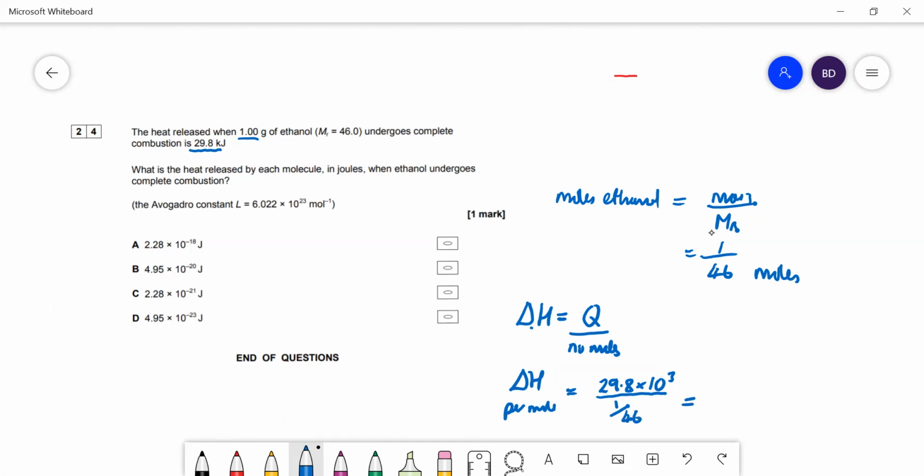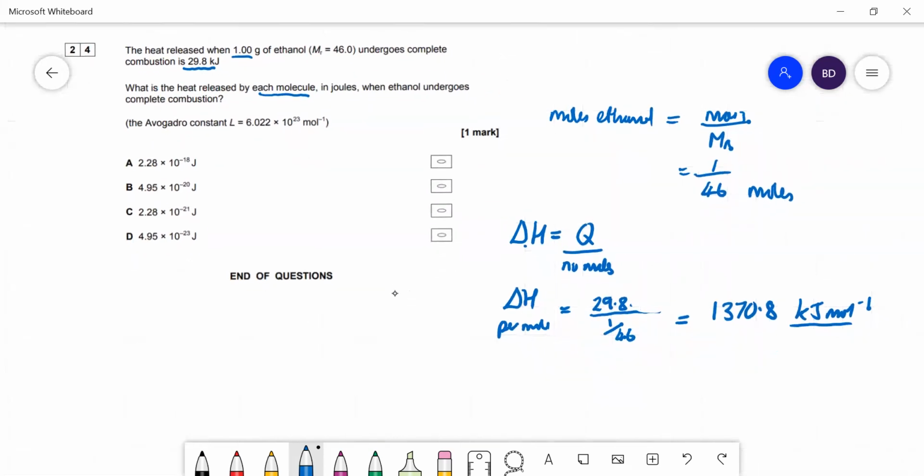So that is equal to 1,370.8. Actually, let's get rid of that and we'll stick it in kilojoules. Kilojoules per mole. Right, that's how much per mole of ethanol, but it wants us by each molecule. So how many molecules are in 1 mole was the Avogadro constant. So there is the heat per molecule